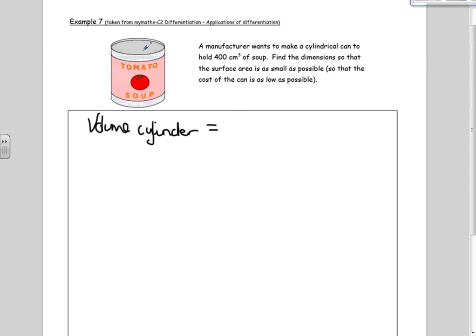by finding the area of the circle, pi r squared, and then multiplying by the height of the can, which would be h. We know this is equal to 400 centimeters cubed, so we can rearrange it so that h is equal to 400 over pi r squared. Now, the surface area